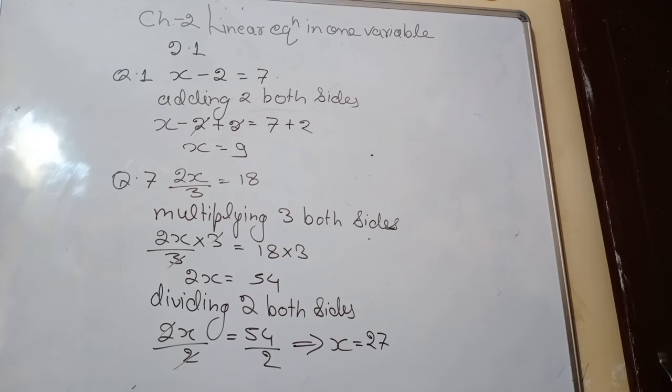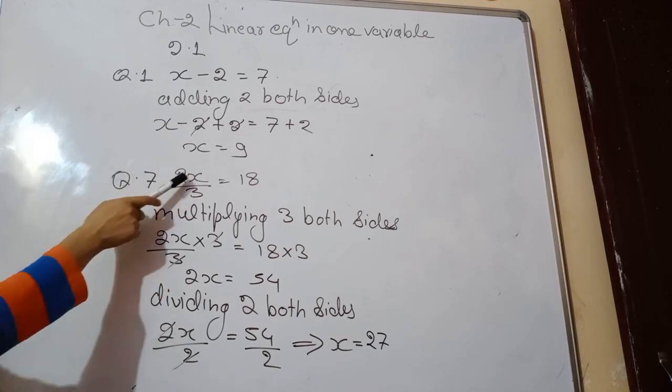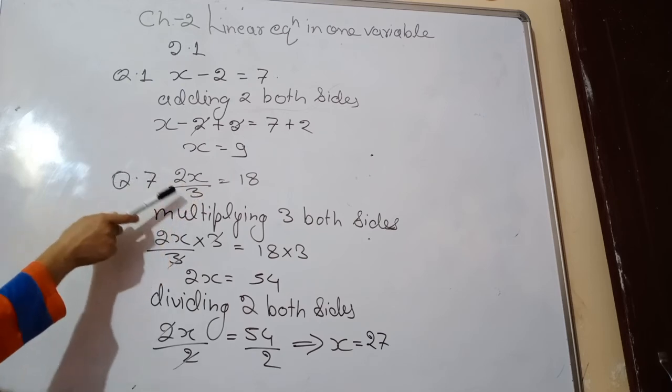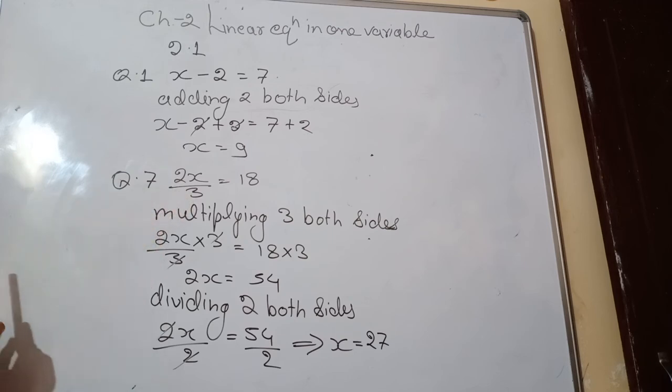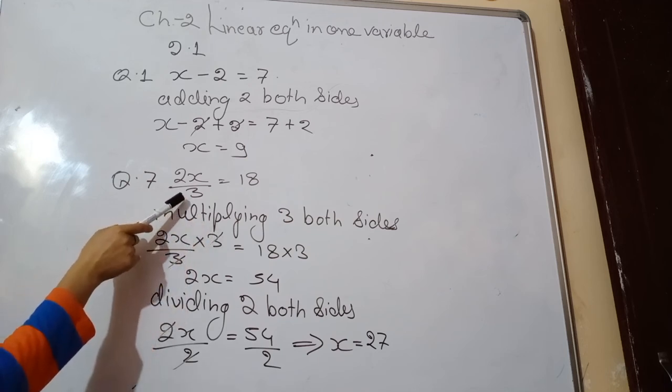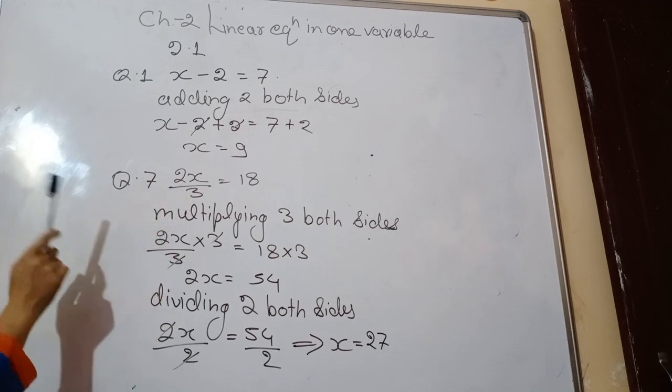Okay. Now, all the questions up to 6 are quite similar to question number 1, because up to 6 you have to find the solution of a linear equation by dividing, multiplying, subtracting or adding the given constant value. Okay. Question number 7 is quite different because here there are 2 constants. One is in multiplication, another is in division. So what we have to do? If there are 2 conditions given in the same question, first we have to multiply the given constant on both sides. The constant which is given in divide, the same constant we have to multiply both sides.